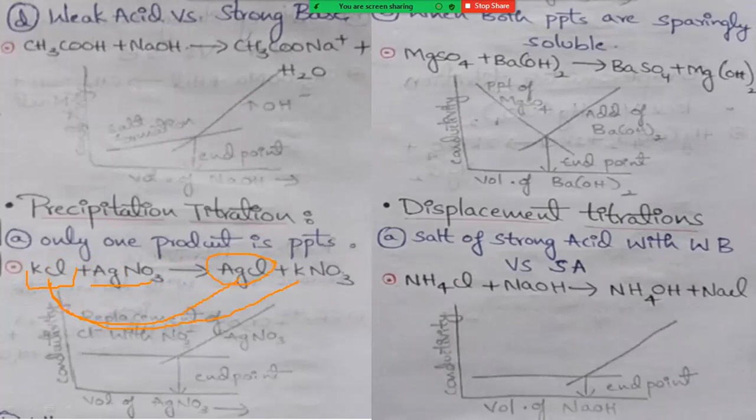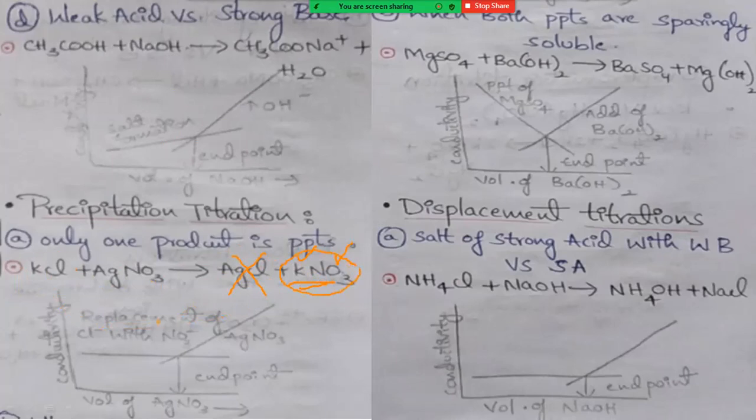When it is not solubilized, it cannot produce any ions. If ions are not produced, we cannot see any mobility of ions, so we cannot see any conductivity. That's why AgCl is not participating in the conductivity values. But potassium nitrate is participating. Why? Because it is not a precipitate, it is a solution, which releases K+ ions and NO3- ions, which participate in the conductivity values.